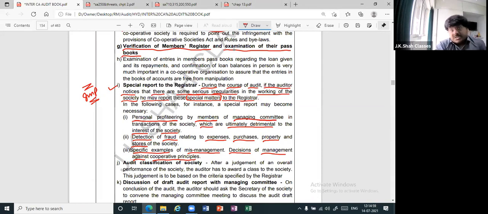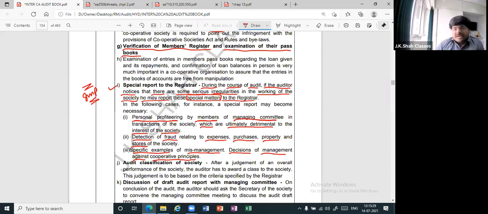Supposing there is personal profiteering by the managing committee. Supposing the managing committee is taking money to incur on a certain function, and out of that some money they are taking in their pocket. Can I say it's a fraud? Or they are transferring to the reserve fund and showing it in the books of accounts, but some of the fund is going in their pocket. Can I say it is a fraud? Or decisions taken by the managing committee are not in accordance with the bylaws. Then that is wrong, no?